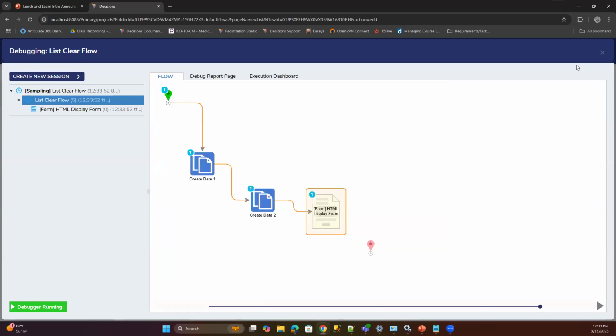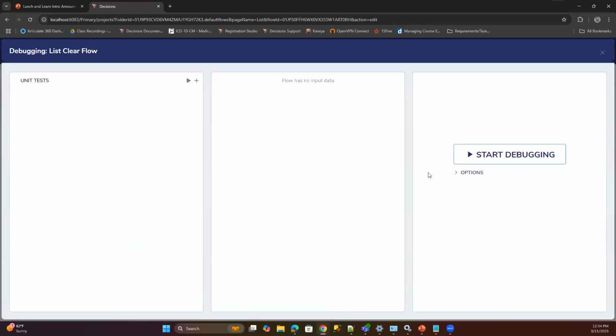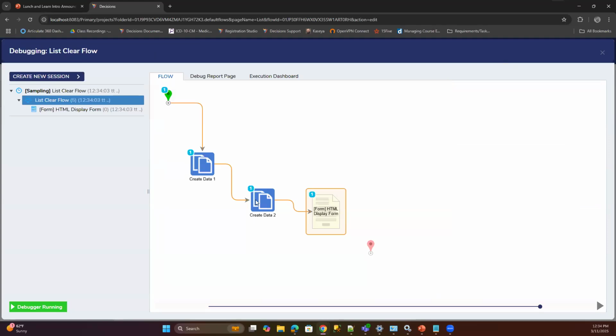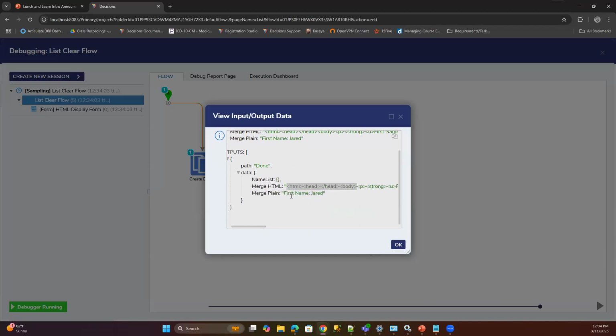So yes, there's a lot more options in the merge HTML, but it depends on whether you're just trying to use the data in the flow. If I simply want to grab the merge plain text to get information, or to place something in the flow, then maybe the HTML is not efficient for you, because if you wanted to use this in the flow, you'd have to do something to clear out the HTML information. Whereas this is nice and simply readable for a quick, simple thing in decisions.